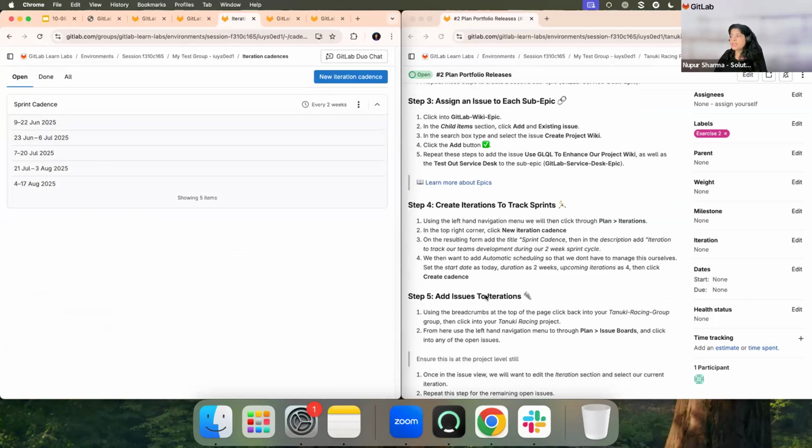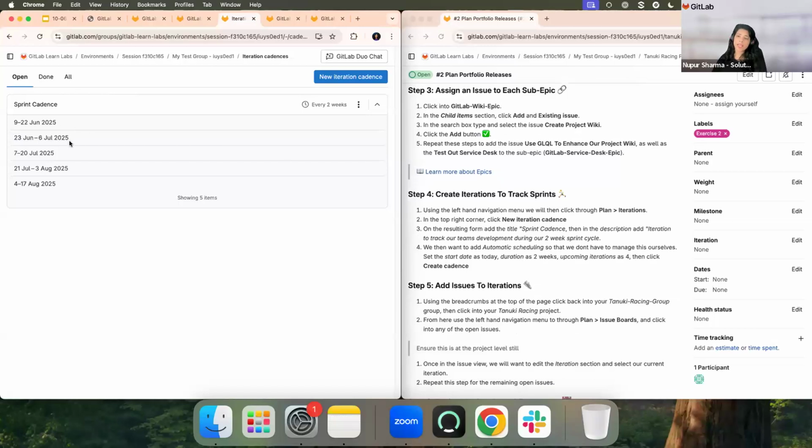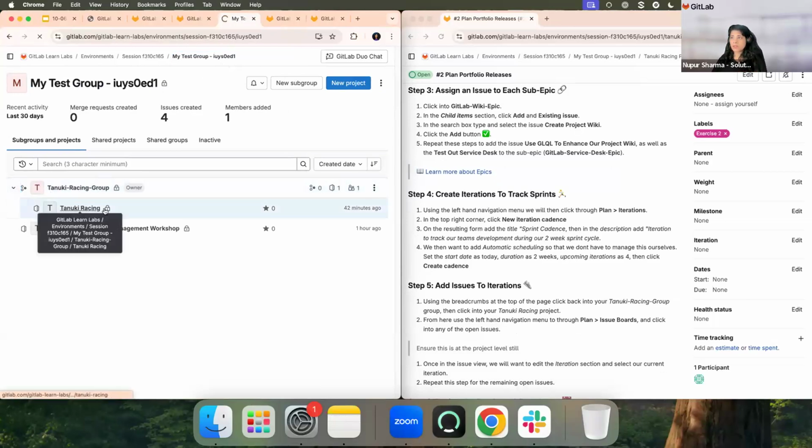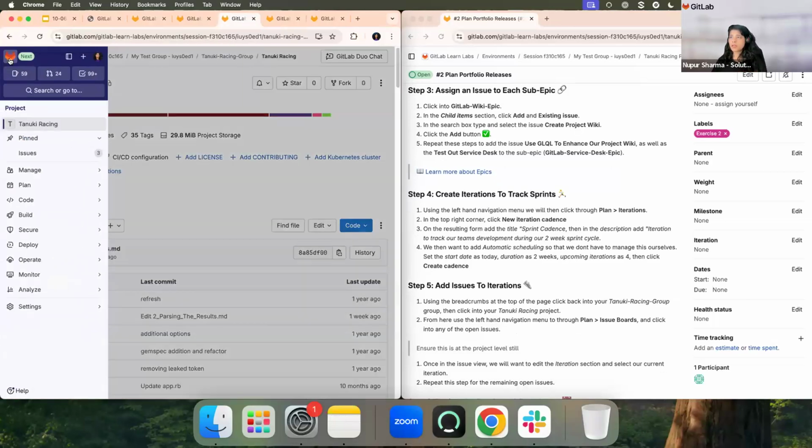Now, we can add these to the sprint. Again, this will act as identifying which user story is being picked up in which sprint. This is usually done as part of your planning phase, where you can use it as a team to identify which user story you are taking in the upcoming sprint, or maybe you are planning already for the next 2 or 3 sprints. So let's try to do that. This is my test group. Now I will go into my project, Tanuki Racing, because my user stories are in my project, and here I'll go to the